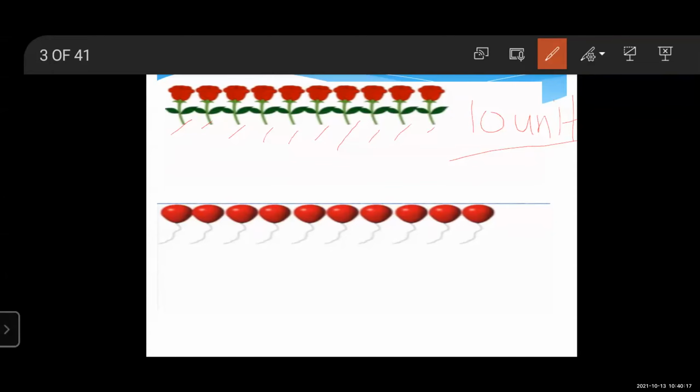Okay, see the next picture. How many balloons are there? Count them. Yes. How many? 1, 3, 4, 5, 6, 7, 8, 9, 10. Okay, there are 10 balloons, meaning 10 units. Okay, students, 10 units means they are separate, so we write them as 10 units. But when we make a bundle, it becomes a ten.